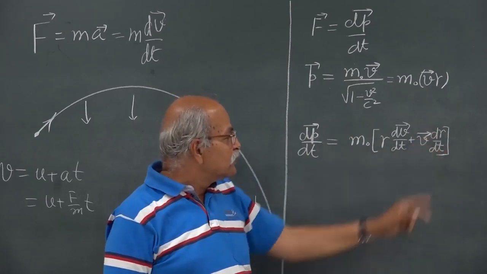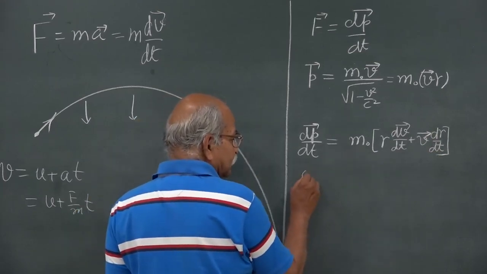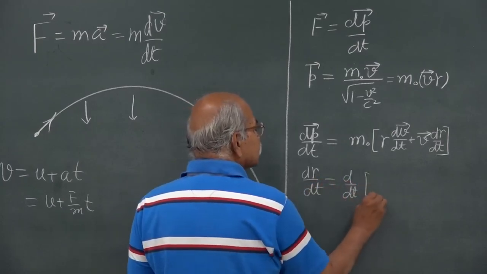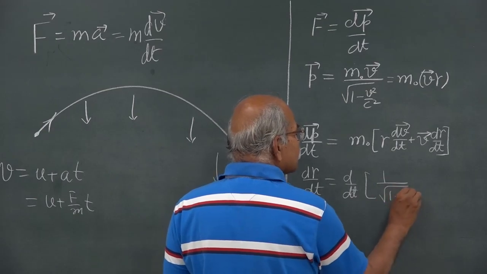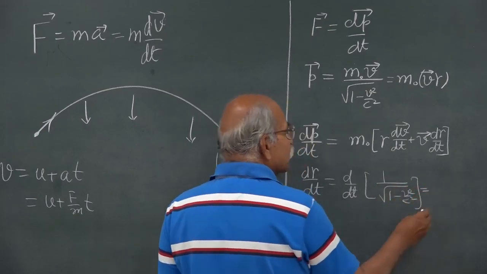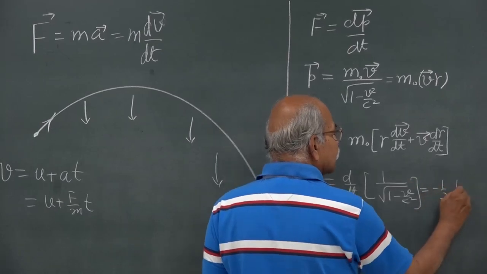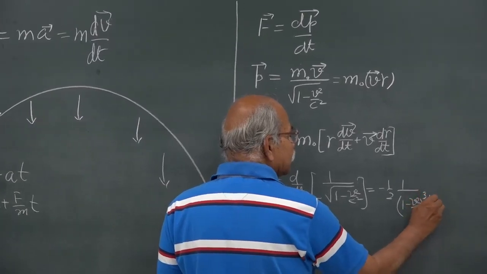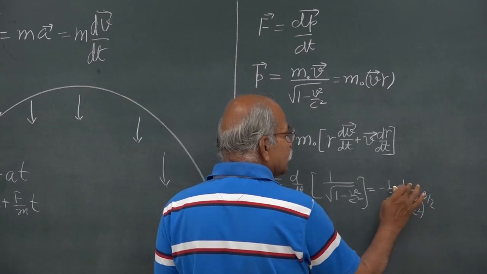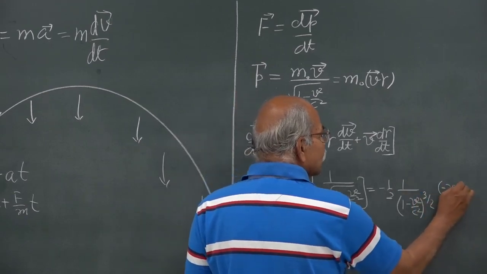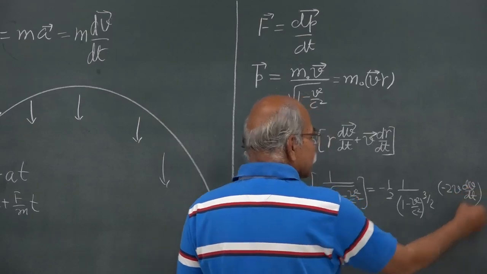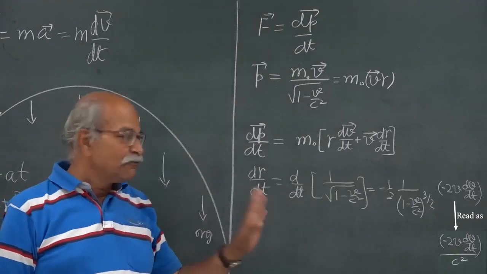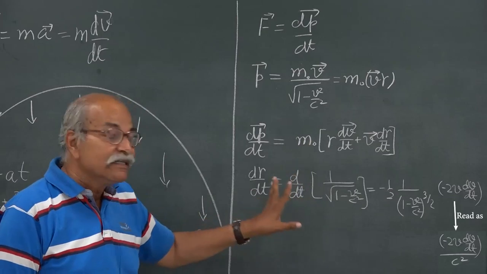Now, this d gamma/dt is somewhat typical. You can do that, of course. This is d/dt of 1 by square root of 1 minus v squared by c squared. You can do this algebra. This will be minus half, and then the 3/2 power of this, and then you will have minus 2v dv/dt by c squared, and so on, and you can make simplifications and do all those things. But there is another way to do it which is algebraically simpler.